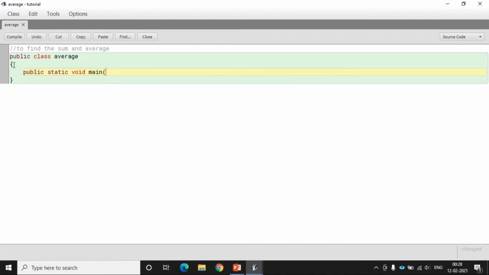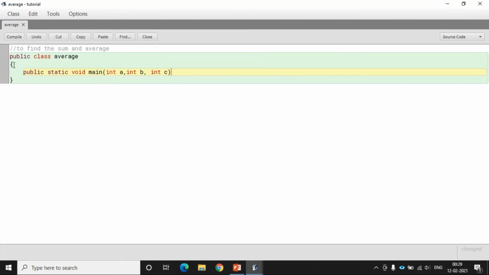Okay, that means we have to accept the value of the variables from the user as an argument. So the variables we will declare here: int a, int b, int c.